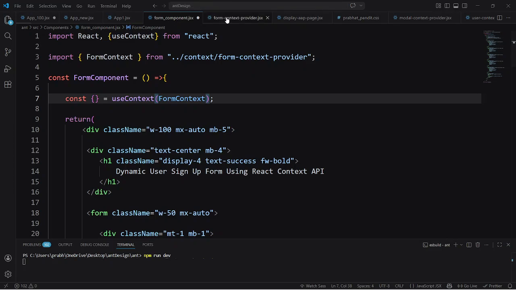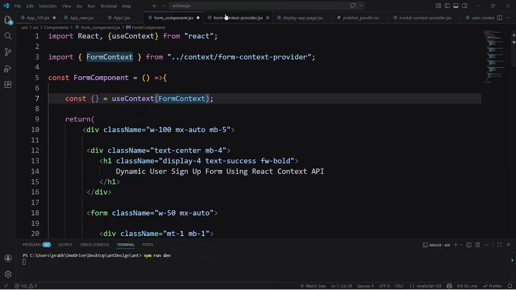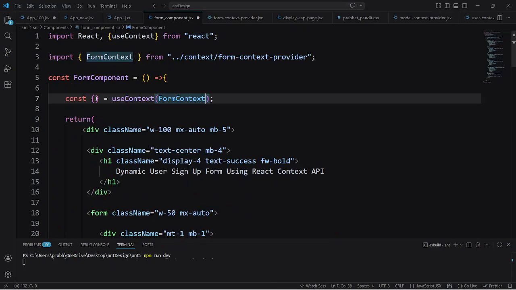And now we will be able to use this form data, confirm, loading, everything which we expose through this value object, inside any file which is using this context provider file. But before using this, we have to